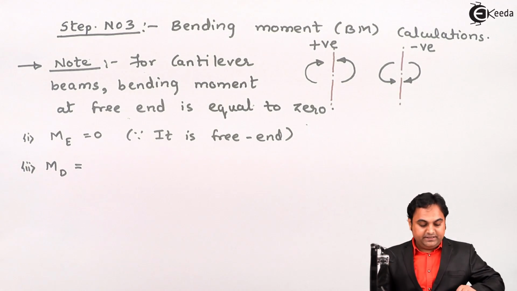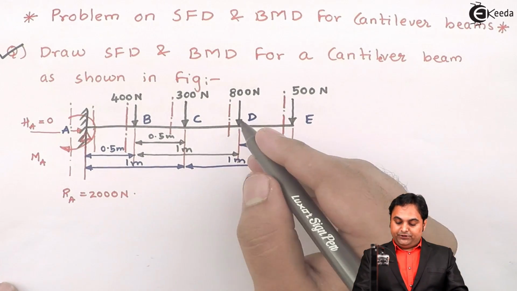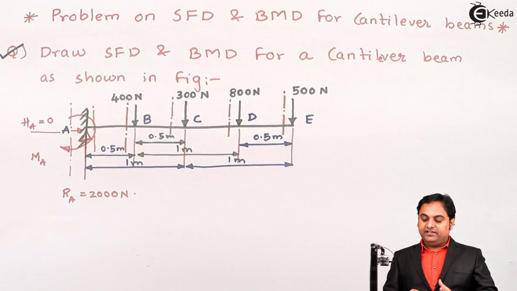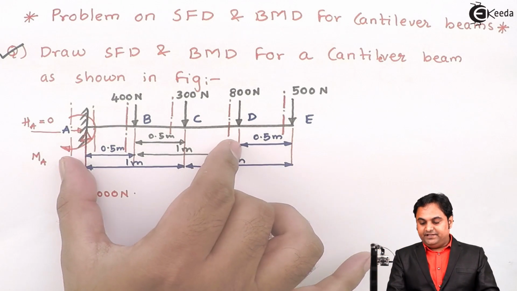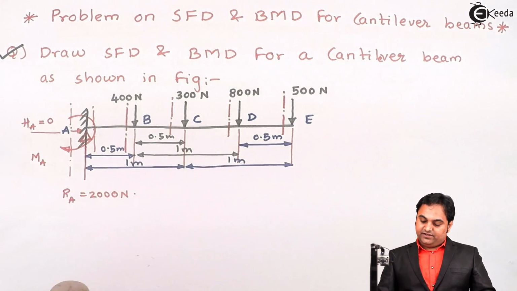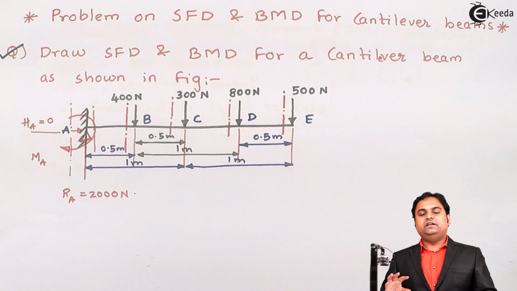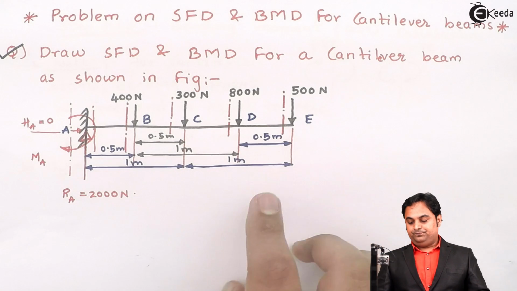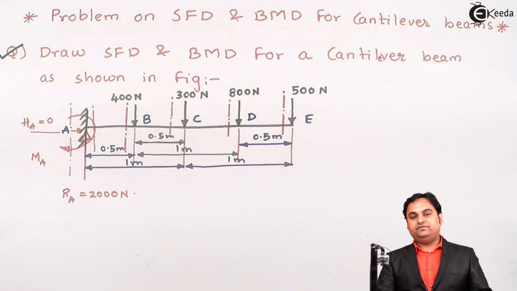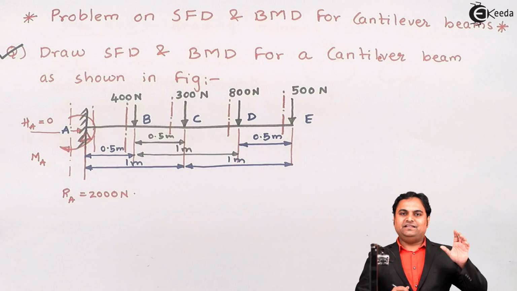Then moment at point D is equal to, see, if we look at point D, it divides the beam into two parts, that is portion DE and portion ABCD. So if I see here, to the right of D, there is only one force, so bending moment calculation becomes simple. So I'll use this force, that is 500. Even if I calculate from the left hand side, then also it is correct, but for simplicity, here I am taking only the right hand section,